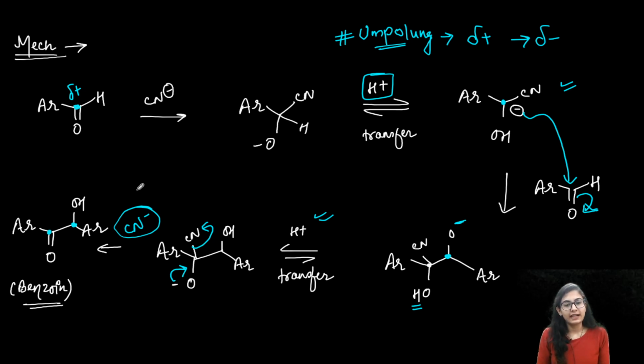Now the question is, is there any other catalyst other than cyanide possible? Yes, thiazolium catalyst. Thiazolium molecules with a base also work as a catalyst in place of cyanide. It is going to give you the same reaction. All right, so you might look for the thiazolium catalyst also in the benzoin reaction. So this was a very simple mechanism, guys, of how to generate the benzoin from the condensation.